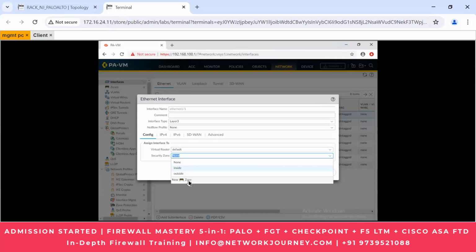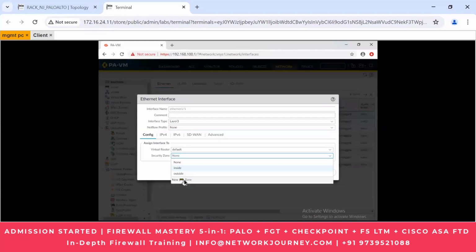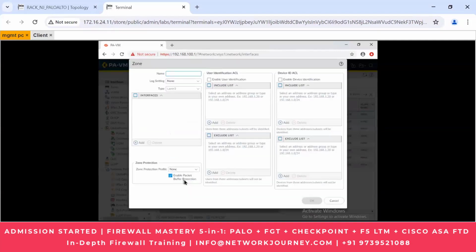So if you see, currently I have created two zones, inside and outside, but if you have not created anything, first there is an option of new zone. You will select new zone and a pop-up page will come up where you just enter the name of the zone. The interface type is already selected as layer 3, meaning this layer 3 interface is a part of this zone. There are other details which you will find out later, which we will use when we want to explore the next generation firewall features like user identification,